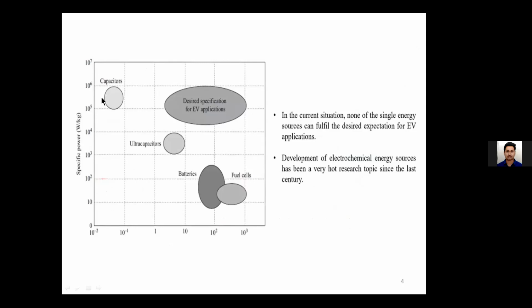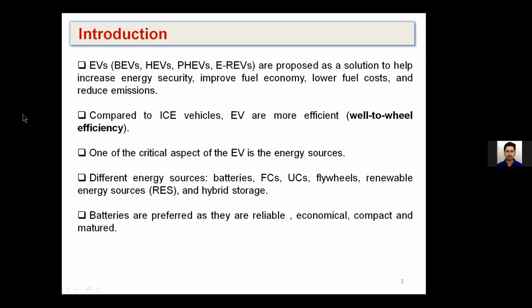So here we see, before going to this, 1 second. Fuel cell is also an energy storage, but here we have some constraints in terms of safety issues. Why? Because for the operation of the fuel cell, we require hydrogen and O2 and all. So there are some safety issues, and even the fuel cell technology is quite costly. So that's the reason they are not getting that much popular.